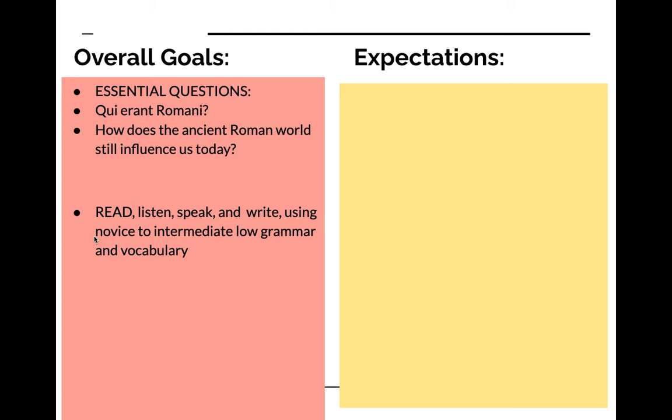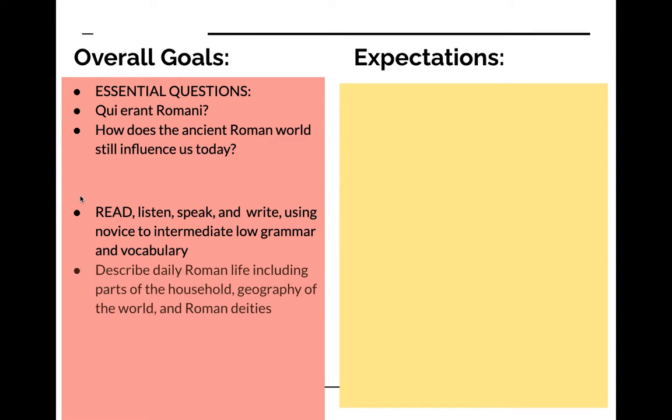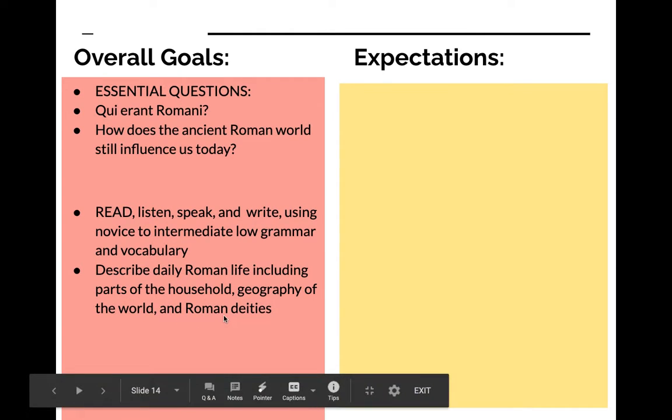And if you go all the way up through levels 3, 4, and 5, and you take the Seal of Biliteracy test or the AP Latin exam, pretty much it's all reading, okay? So that's what we focus on. So we're going to learn who the Romans were through reading, right? So describe daily Roman life. We'll try to do some beginning geography of the ancient world and mythology.